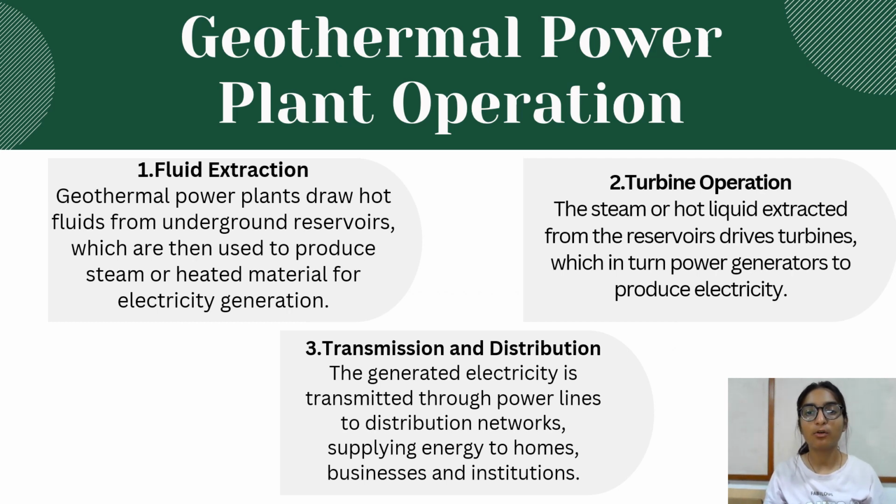steam. These natural hot fluids have a lot of energy from the earth's heat. We bring them up to the surface to help make electricity. Once up there, we use them to spin big turbines, which are like giant fans. These turbines turn the energy from the hot fluids into a different kind of energy that we can use to